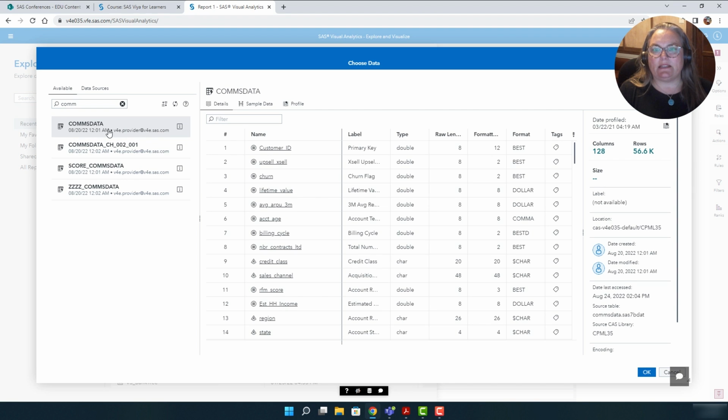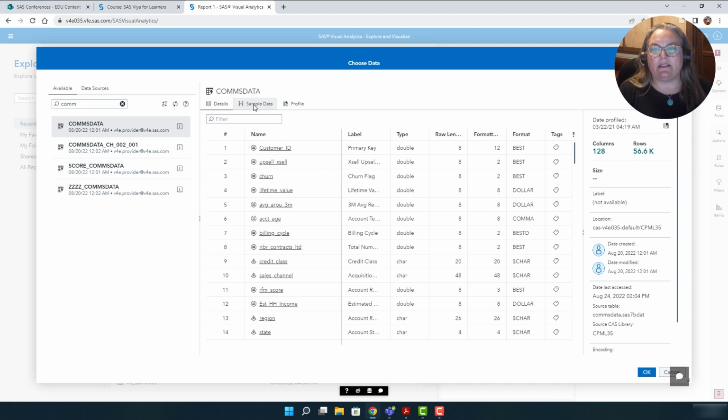When I select it, just single click, it shows me the data source names, their labels, their types, and formats and so forth. Over on the right-hand side, I see there's 128 columns and 56,600 rows.